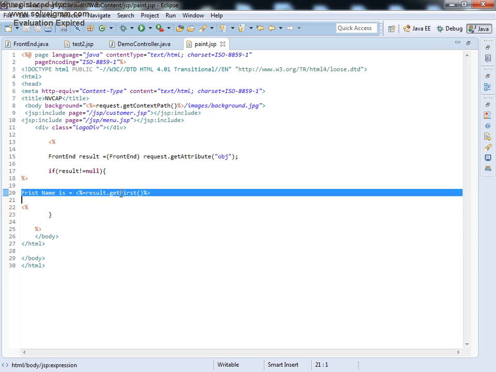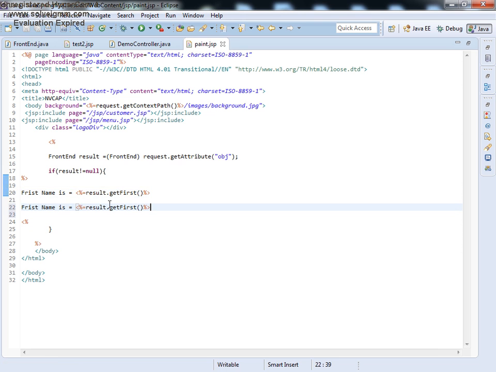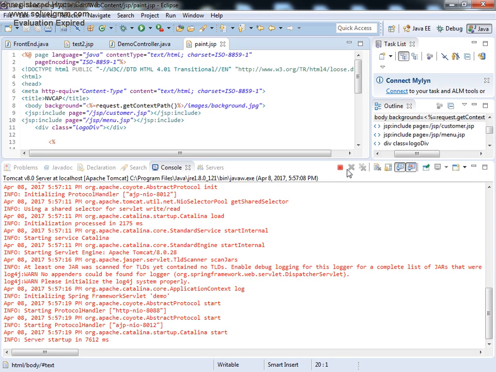Okay, then after that again I'll paint one more thing, result dot get last. Spelling is wrong but manage it. Okay, name is, last name is. So here I have written the object, I am painting the values of the object. Like that your project will have complex objects. Inside the object one more object it will have. Then I will say get of that, again get of that. So now let us go and compile this and rerun this.